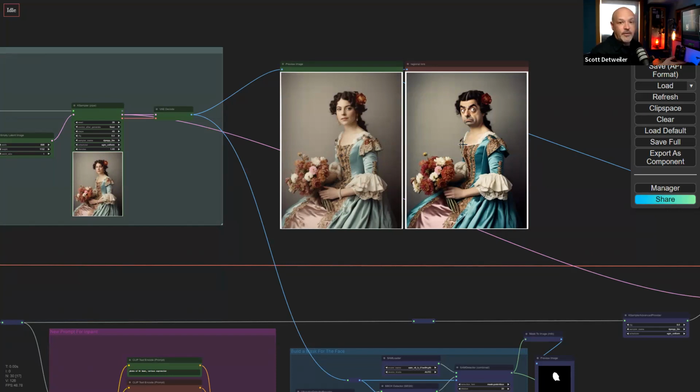who knows what the strategy is for when those people are going to be involved or more involved or less involved with this product. But this manager has saved a lot of us from having to do git pulls on every single node suite we have, because I have a lot of them in here. That way I don't have to go in. I can just go into my manager.